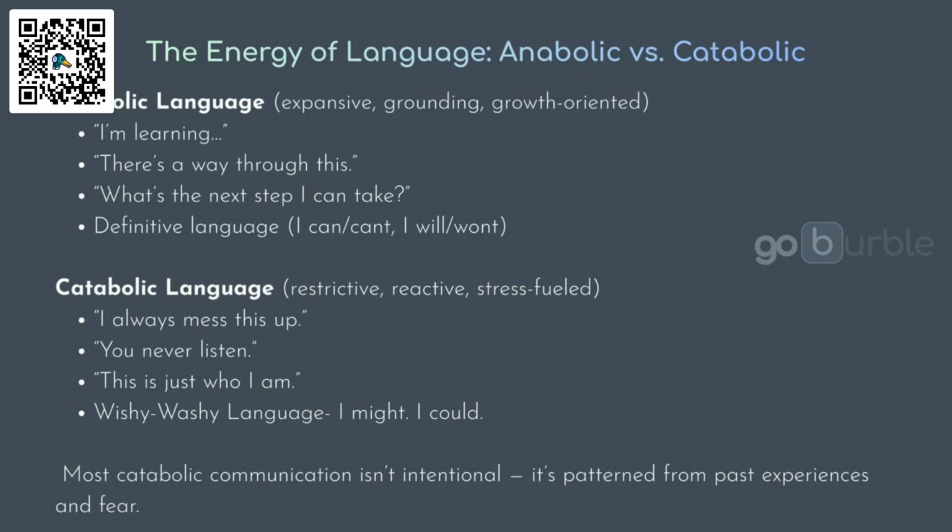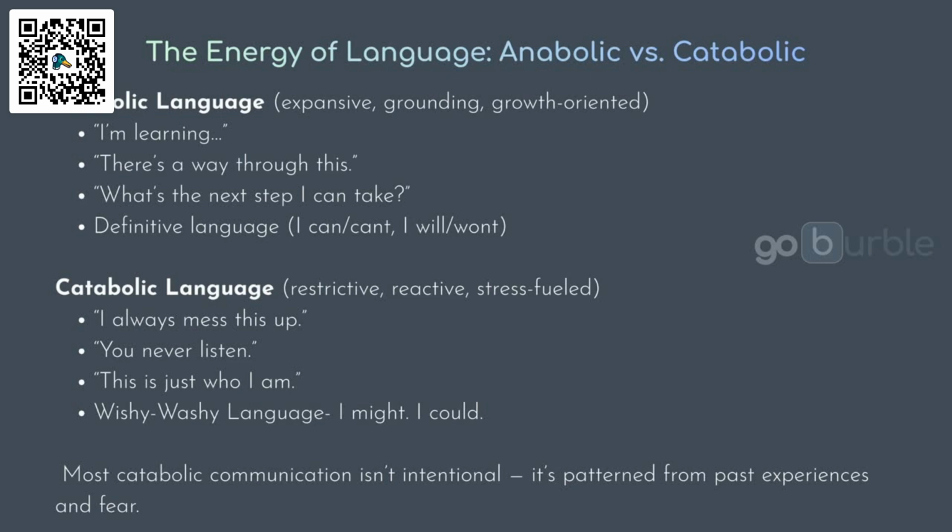Catabolic energy, again, neither is good nor bad. They're just different types of energy. Catabolic energy is the energy that sort of brings you down. It's a little more stressful maybe, but it breaks systems down. Now, again, anabolic energy is great when you want to get motivated. Catabolic energy is really good sometimes when you need to get angry or take action in these ways where it's all about you. Again, catabolic energy is that energy that gets released when you're being chased by a tiger. So both are good. They just have different places that you need them.